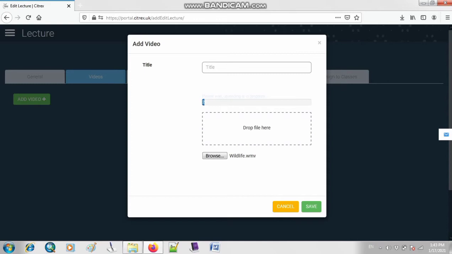If you are uploading a very big video, definitely it will take a lot of time. So it's a better way to upload the link of your video. Like if you are using a video from YouTube, then you can copy the link and paste the link in the file of Microsoft Word, and then you can attach that file in this folder. So for now I'm just going to click on this option of cancel.